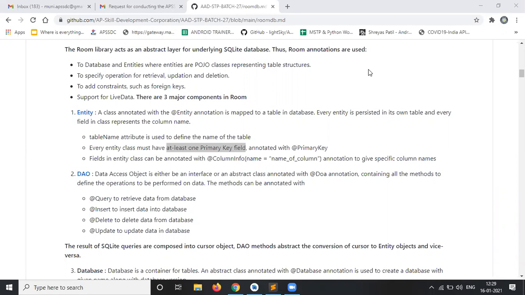Good. It will eliminate the duplicates. It will use unique values.